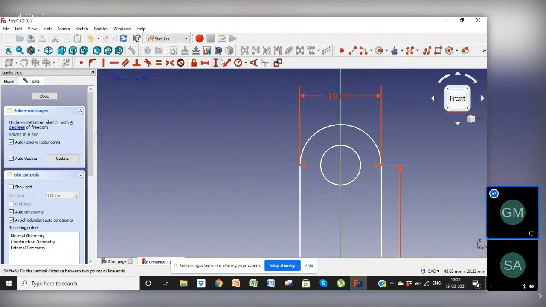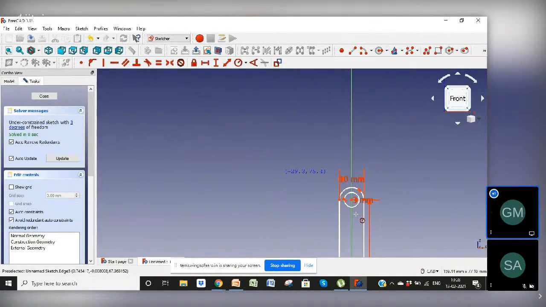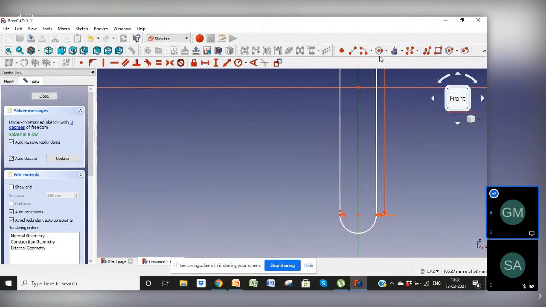Okay, and radius of this circle, let it be 3. Here also another circle. Okay, joining these centers, and radius of the circle be